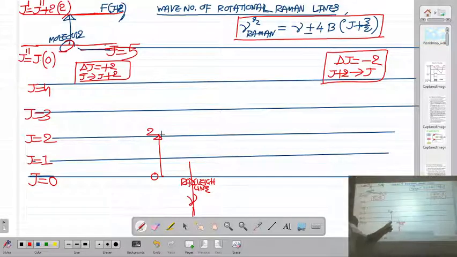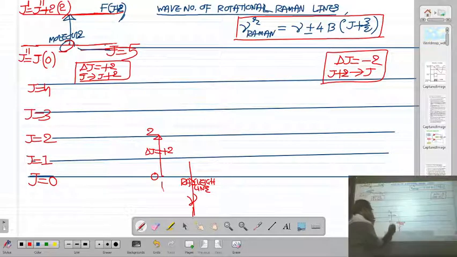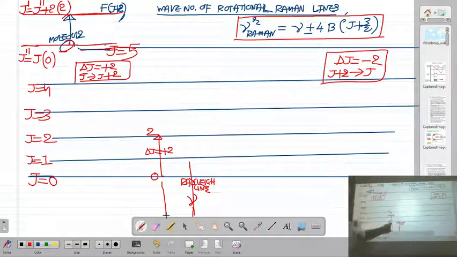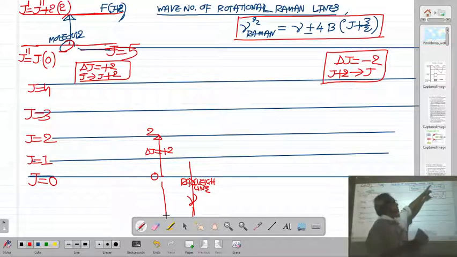When the molecule makes a transition from the lowest rotational level 0 to 2, what is the difference of quantum number delta J? 2 minus 0, that is plus 2. So we will get the first rotational line on the left hand side of the Rayleigh line. What is the wave number of this rotational line? For this rotational line, what is the lowest quantum number? 0. If you put J is equal to 0 in this equation,